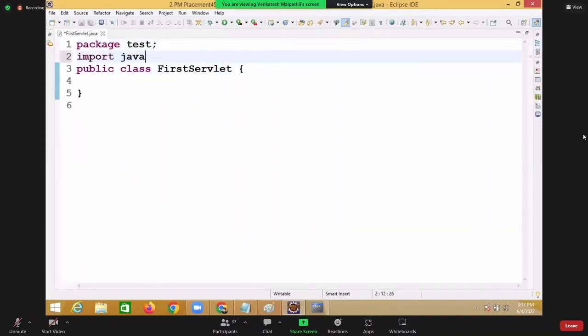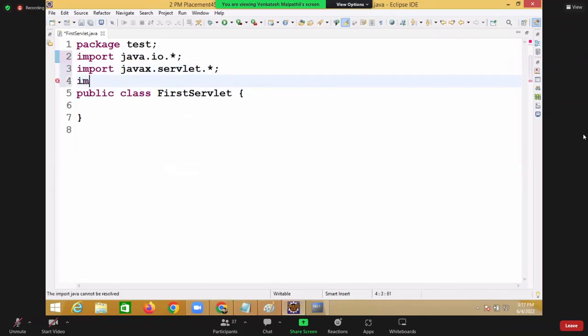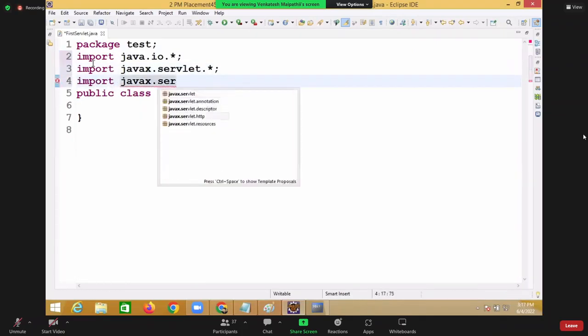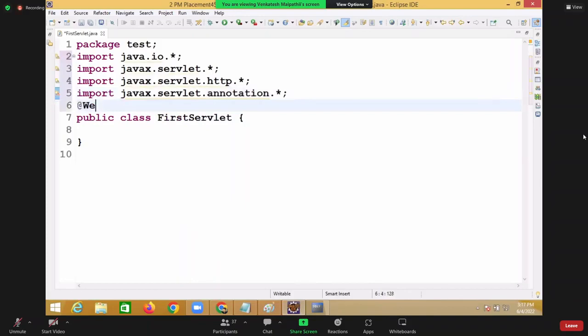Import java.io, import javax.servlet, import javax.servlet.http, import javax.servlet.annotation.WebServlet, @WebServlet("/first"), first extends from